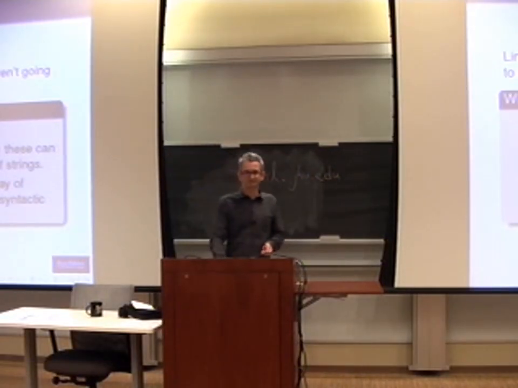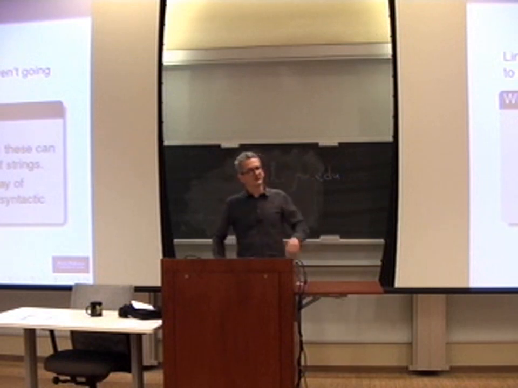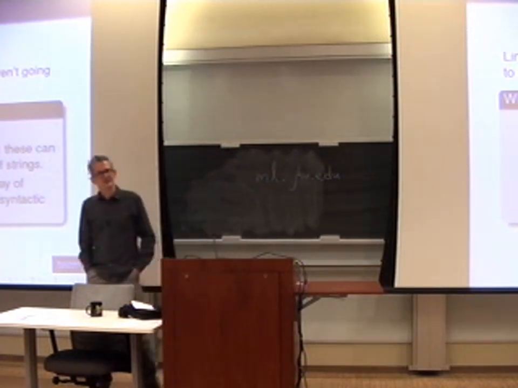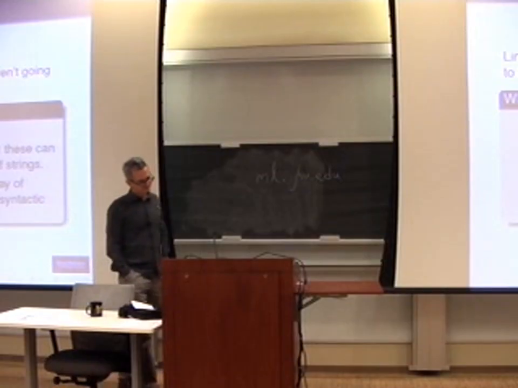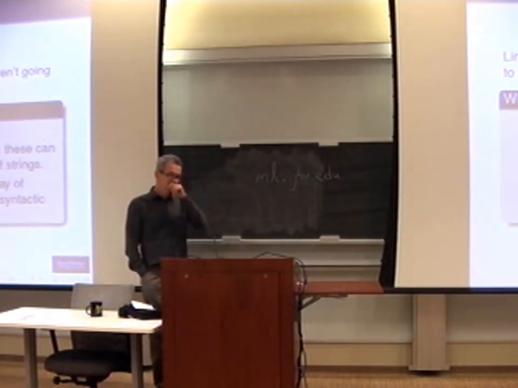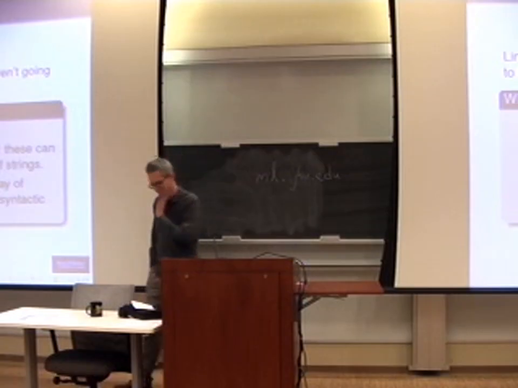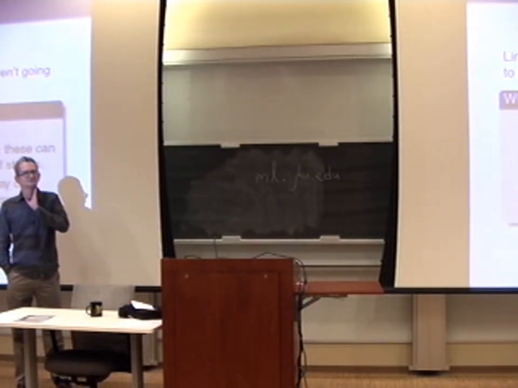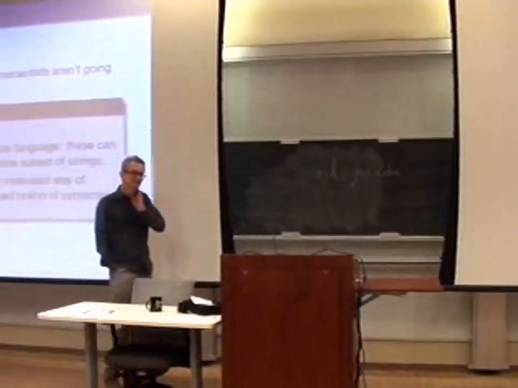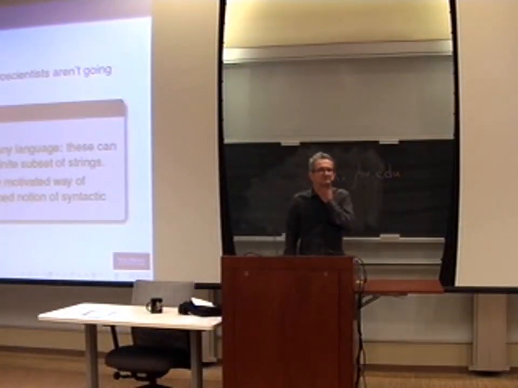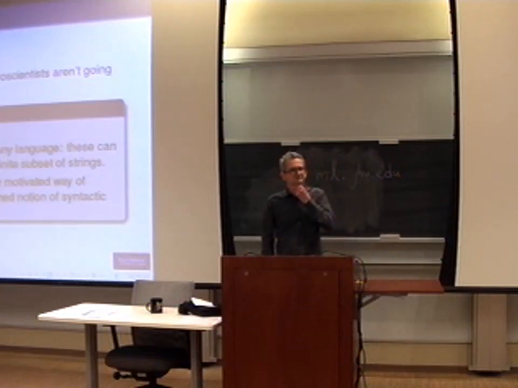Can I interrupt? Yeah, of course, of course. So the "we need" in the last bullet seems a little strong because it seems like it would exclude Bayesian approaches, which say, well, we don't have a theoretically motivated way of narrowing down which CFG we want. We just have an empirical observation that people seem to have an inductive bias of a particular kind. We're going to empirically write down what that inductive bias is. It doesn't give us a well-defined notion of a restricted class of CFGs.